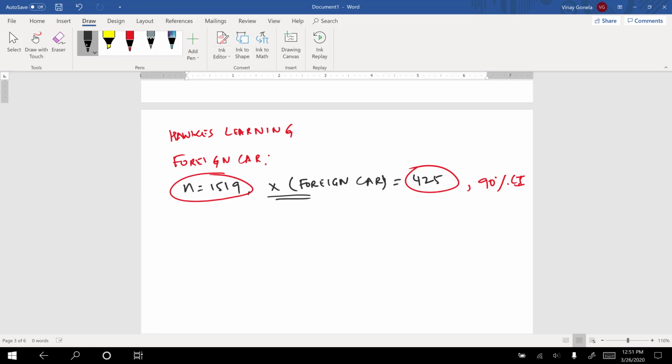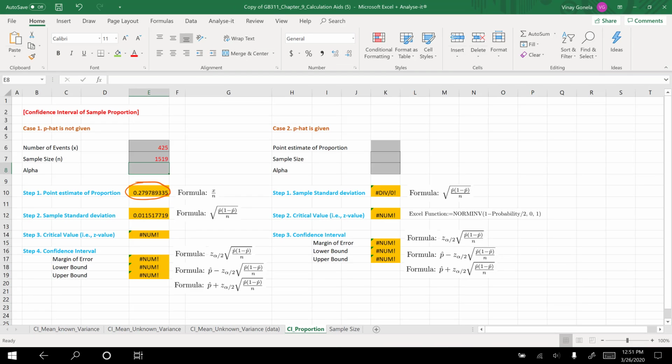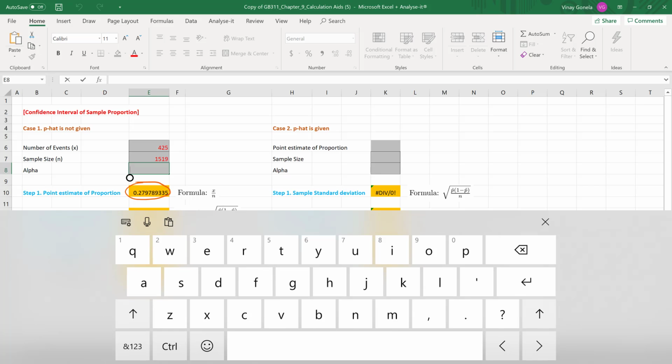So again, if they gave us 90%, I need alpha. So alpha is 1 minus 0.90, which is 0.10. So that's what I will go and key in here. So alpha is 0.10